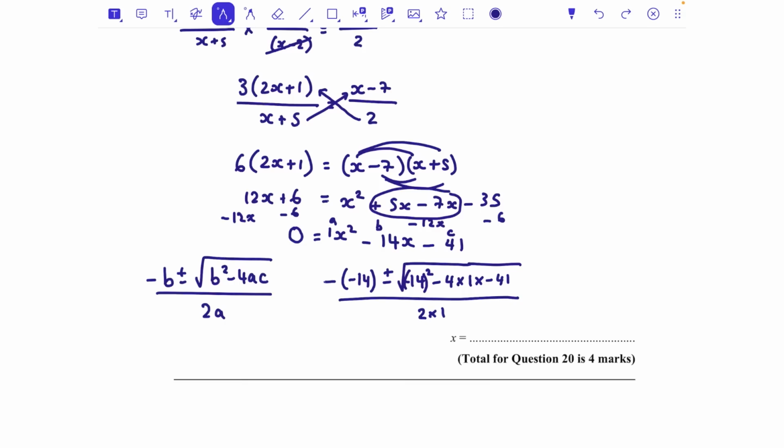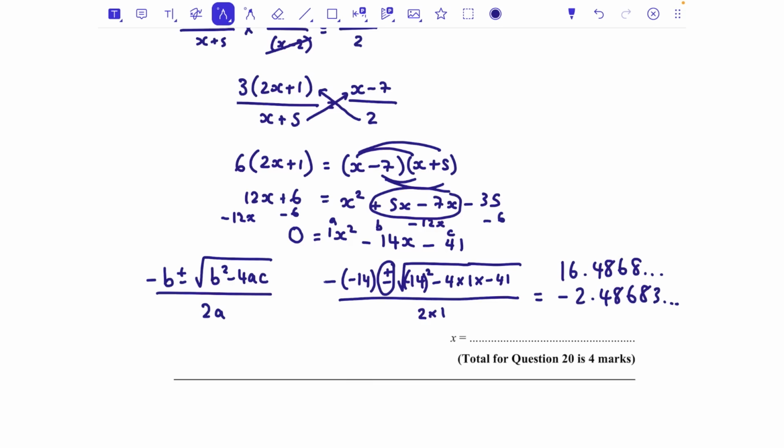So, use that fraction button. You can put 14 in instead of putting minus 14, that's absolutely fine as well. 14 plus the square root of 14 squared, minus 4 times 1 times minus 41 all over 2a, or 2 times 1, and that is going to be 16.4868 for the first solution, and then just use your left arrow and go back to where you put that plus in here and change it to be the minus, delete, minus, and then SD to get that as a decimal, minus